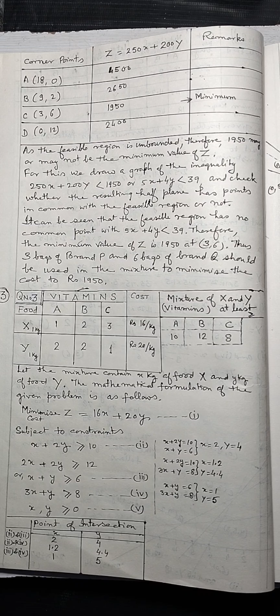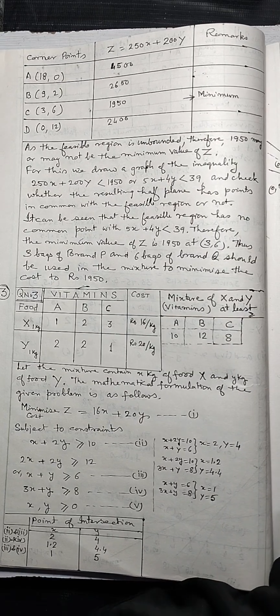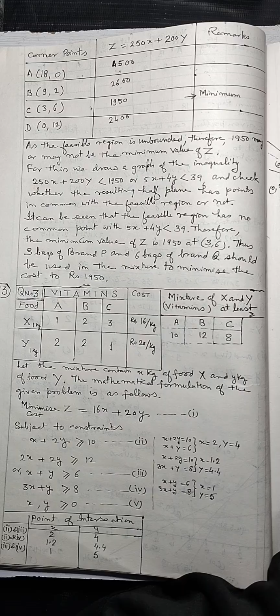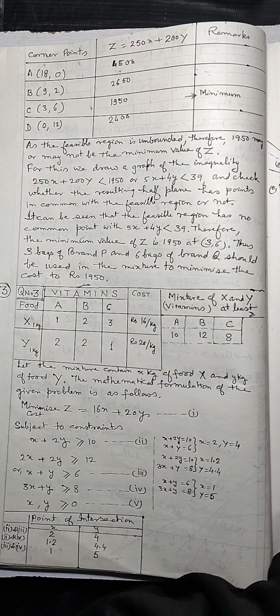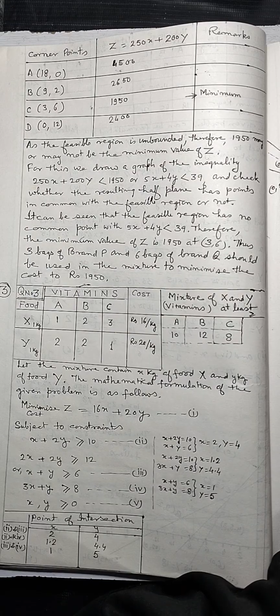CBSE Mathematics Class 12 Miscellaneous Exercise on Chapter 12. Question number 3. A dietitian wishes to mix together two kinds of food, X and Y, in such a way that the mixture